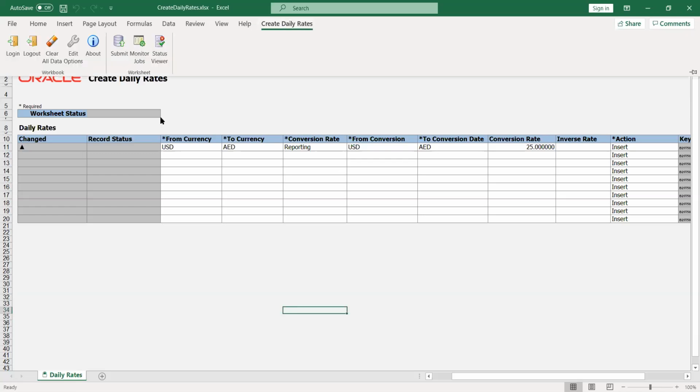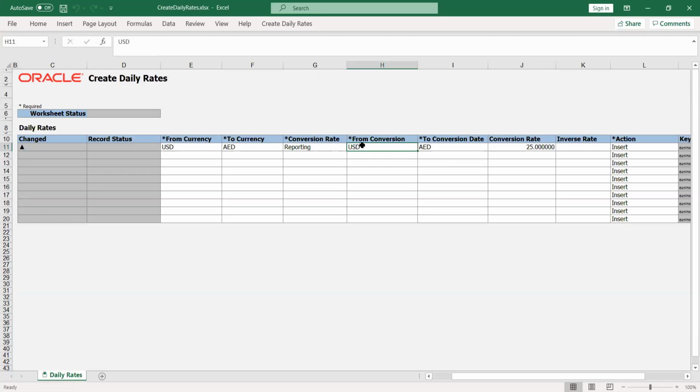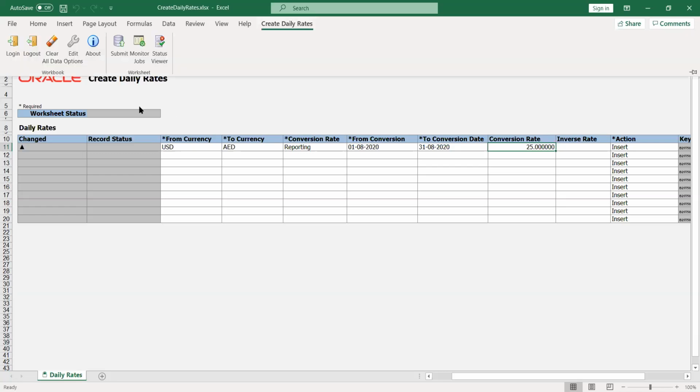From date and to date, I think you have not given. You have given USD, I've given this one. Mistake. How do you know which date format you have to use? Yeah, the system will automatically take it. Okay, fine. Once you create this, maybe I make a mistake, like the conversion rate is 25 and maybe it should have been 26. In that case, after creation, what should I do? Yeah, we can change that. I'll try to change it. Okay, yeah.